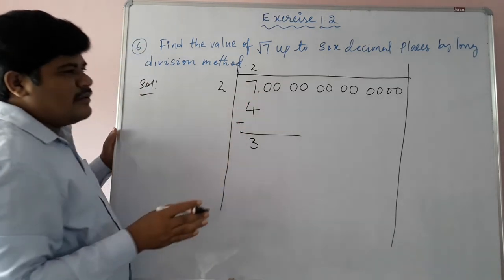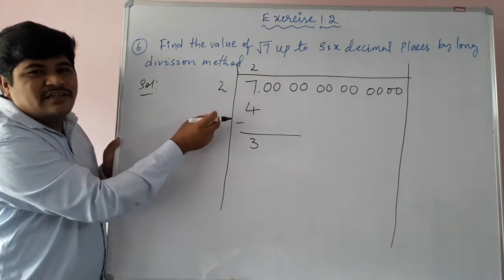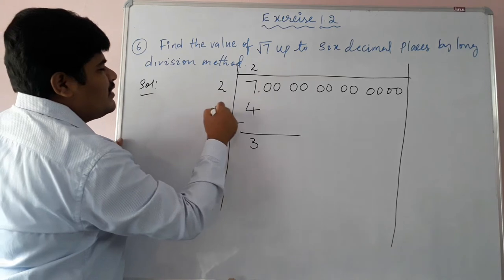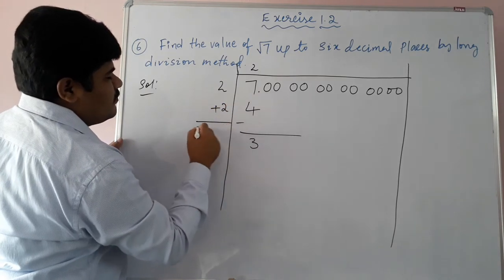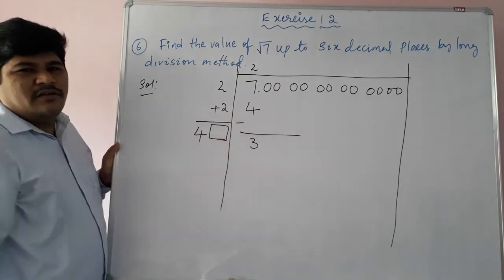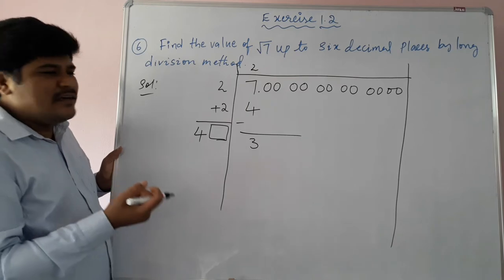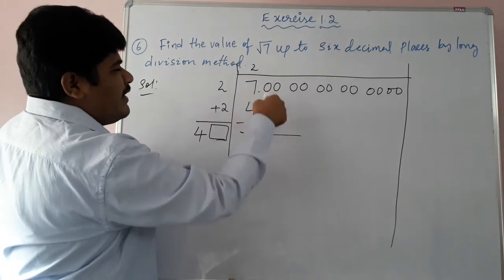Okay, and so while coming to the next step, what will happen? Here the units digit should be added to itself. For 2 is here, 2 plus 2, 4. Okay. Now we are searching for the units digit. And here in long division, while taking the remainder part, this pair will come down.